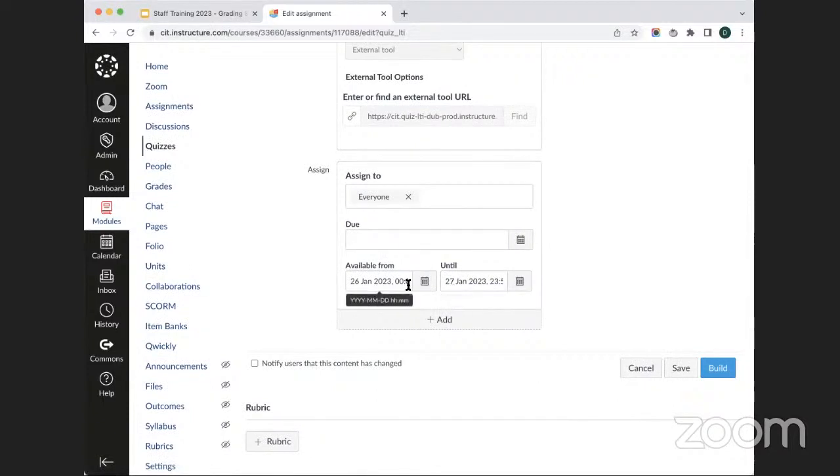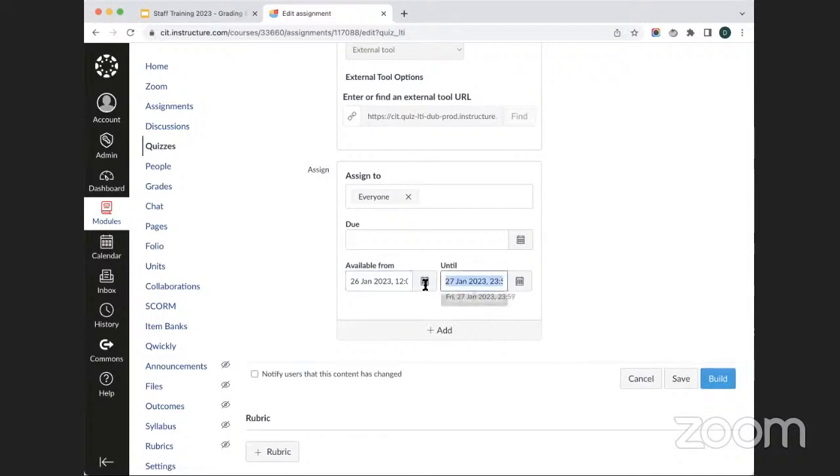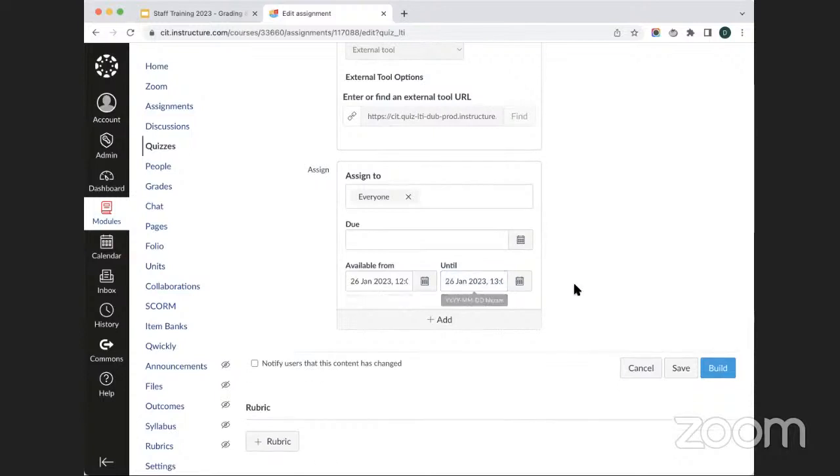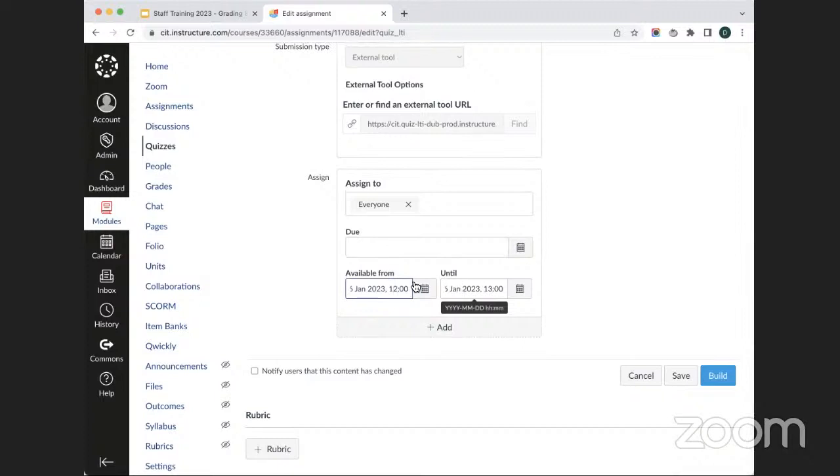It's just a question of making sure that the quiz is only showing up for the period that you want it to, and maybe just being aware that if the available from and until times are too restrictive or they're not entirely clear, then it just means that students might have difficulty getting into a quiz. So for this, for example, I've made it available from tomorrow at 12 up until tomorrow at 1. So just double checking the available and the until times for a quiz is the main thing that you need